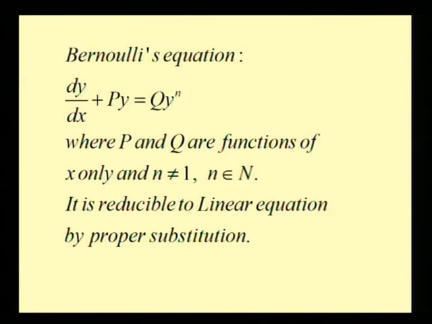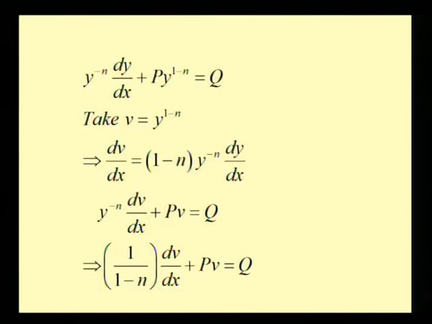Now, multiply this equation by y raised to minus n throughout, then y raised to minus n dy by dx plus p into y raised to 1 minus n is equal to q, because we have eliminated y raised to n on the left hand side. Now substitute